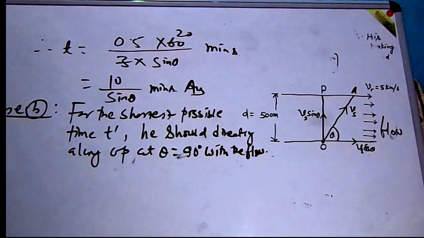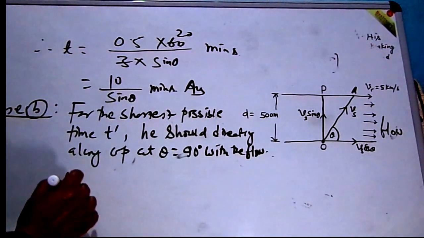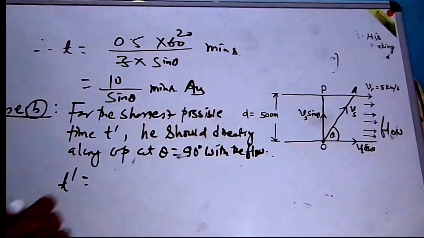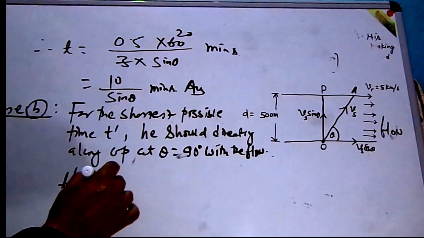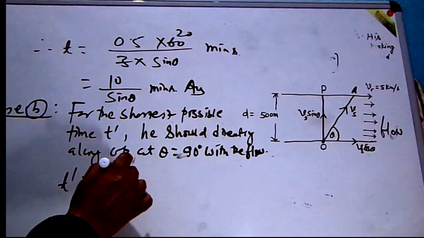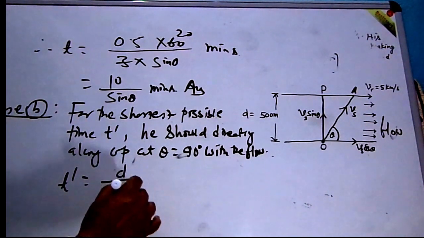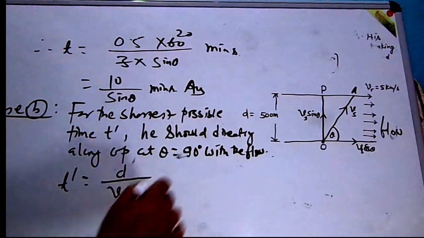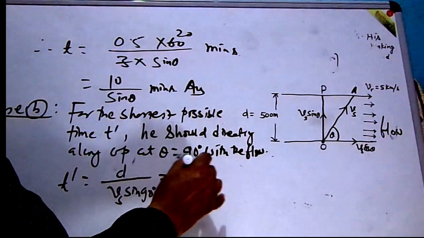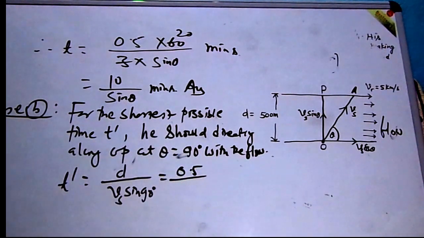यदि हेडिङ गर्यो भने इट टेक्स द लेस पोसिबल टाइम शॉर्टेस्ट पोसिबल टाइम त्यही शॉर्टेस्ट पोसिबल टाइम को कन्सेप्ट हामी निकाल्नु पर्ने हो जसले गर्दा t prime is equal to again we can write this is t prime is equal to the distance is given means this is again d by v yes sin 90 degree हामी लेख्न सक्छौं अनि यो d भनेको 0.5 नै हो र यो vs भनेको कति हुन्छ त 3 हुन्छ sin 90 degree भनेको यति हो यो भनेको 3 हुन आउँछ है